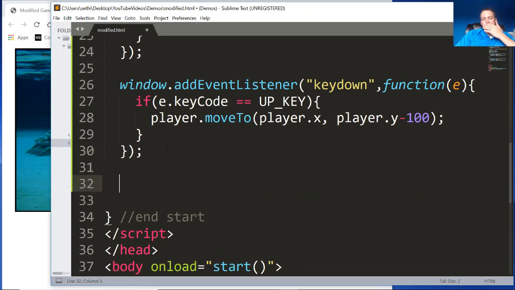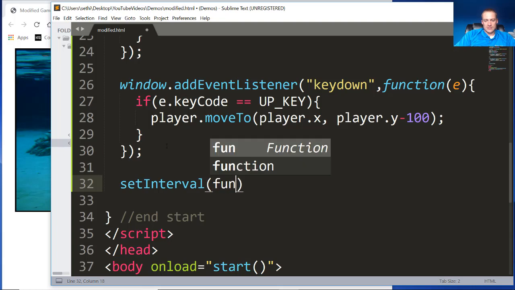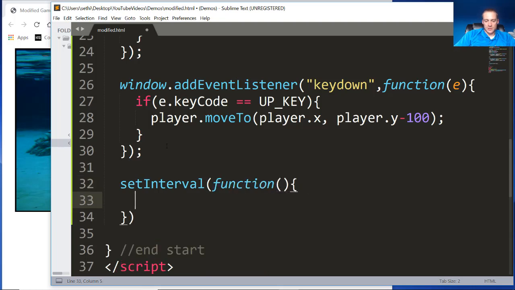Okay, next, now let's go ahead and build in a number. Let's do a set interval function, and set interval functions run on a timer, and they're going to run code every interval. I'm going to say run it every 1200 seconds, I guess, 1200 milliseconds. And then let's create our first block. So let's make our blocks